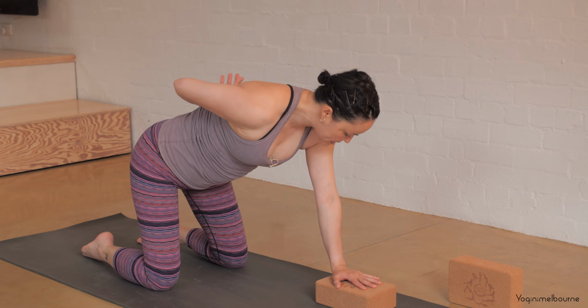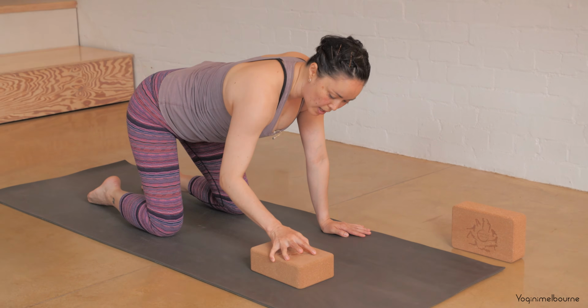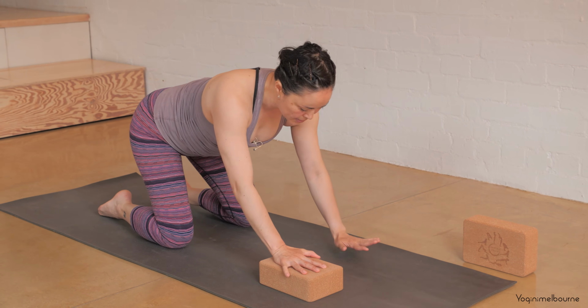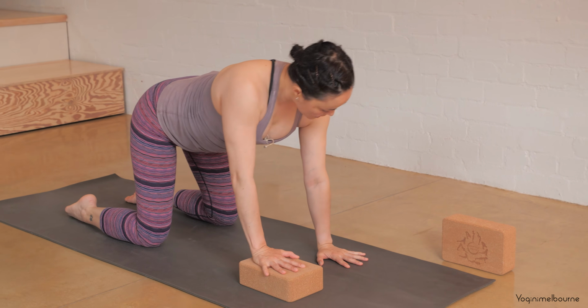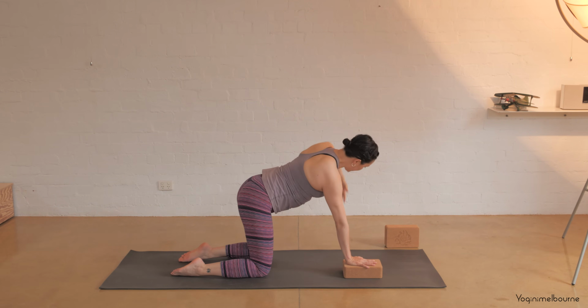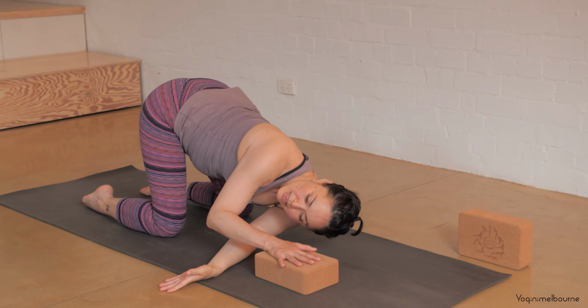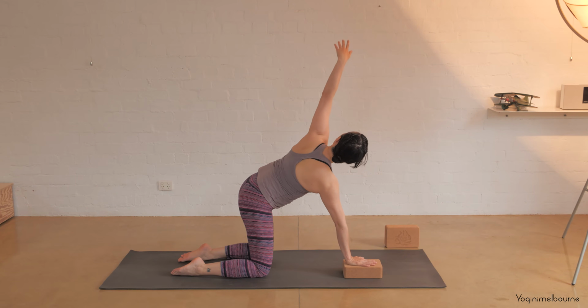And then let's release that right hand back down, and we'll swap it around. So bring that block underneath the right hand, setting up so the shoulders are underneath the wrists, and taking this left arm up. Inhale, and then exhale, threading that left arm under, rest the head down, and then again, inhaling,